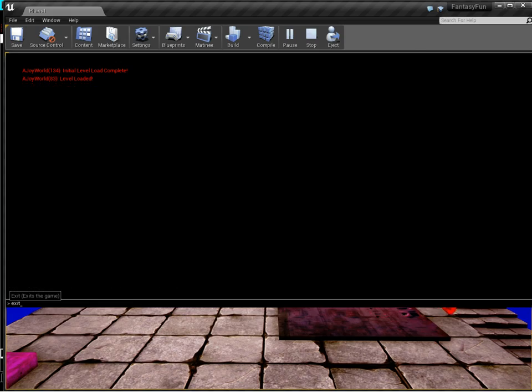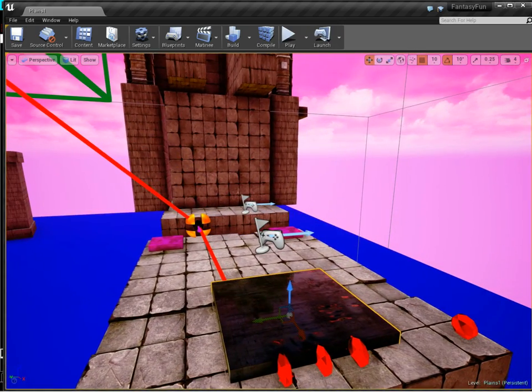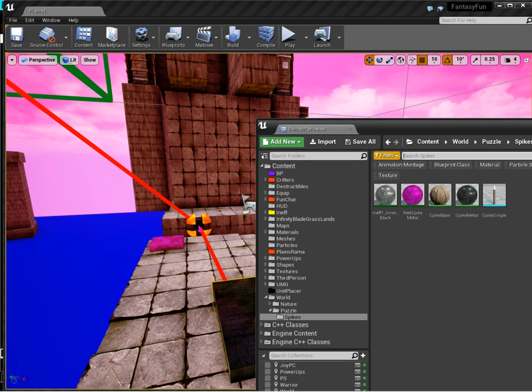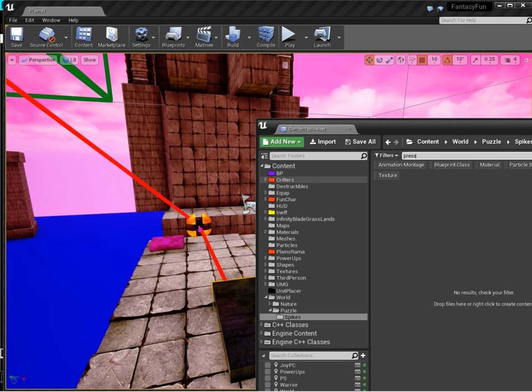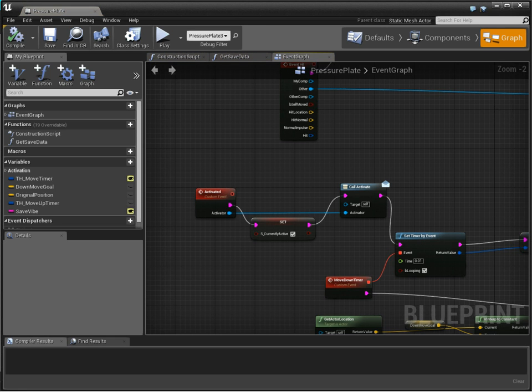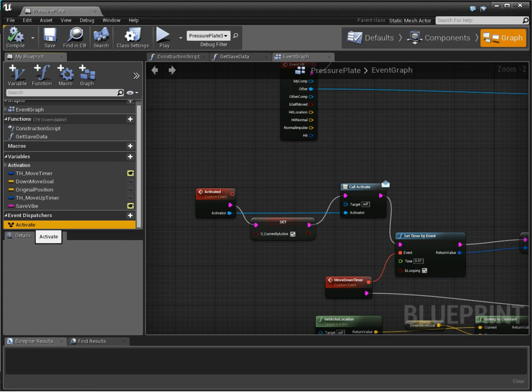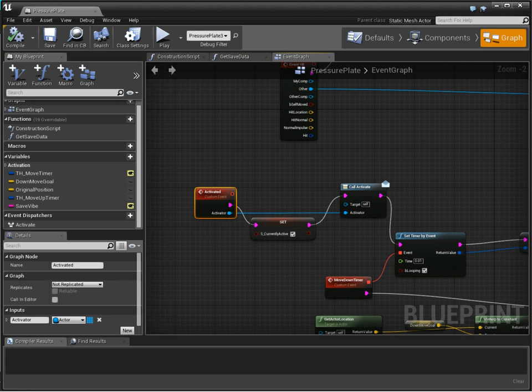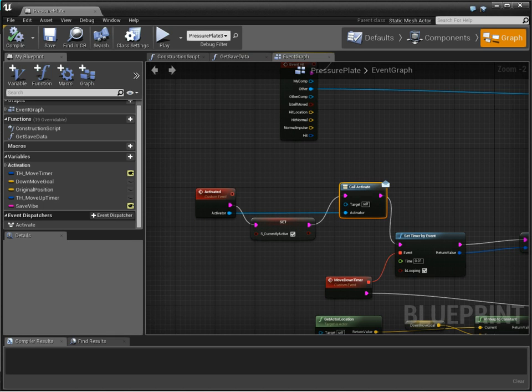Now let's make it actually do something. To make it do something, we have to right click, add event, and I want activate. The way I set that up within the blueprint is under here. You see event dispatcher. I want to send out this event and I want to know who activated it. And so when I activate it, I call this delegate or this event. Now